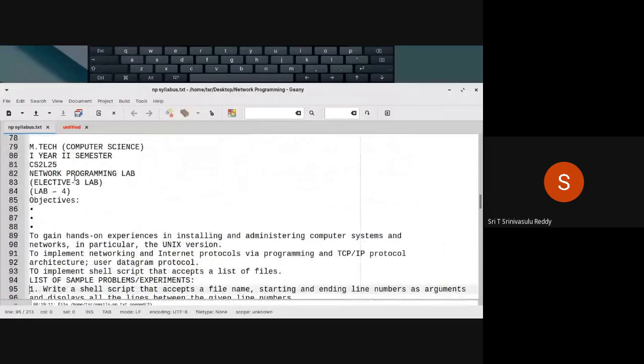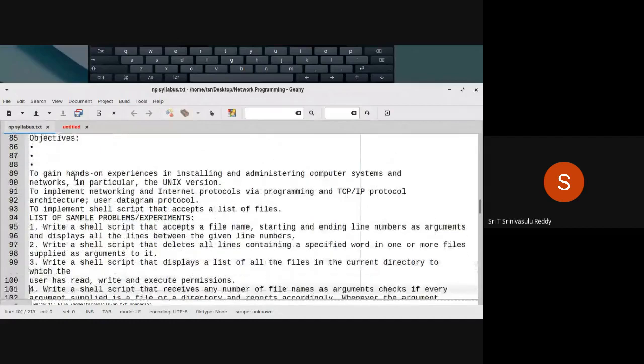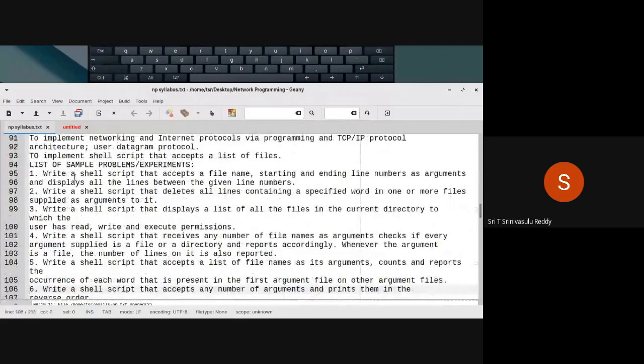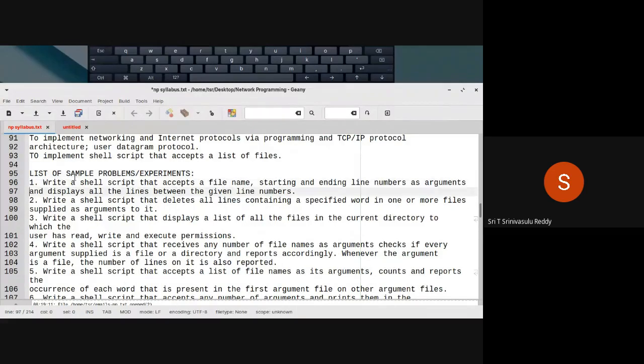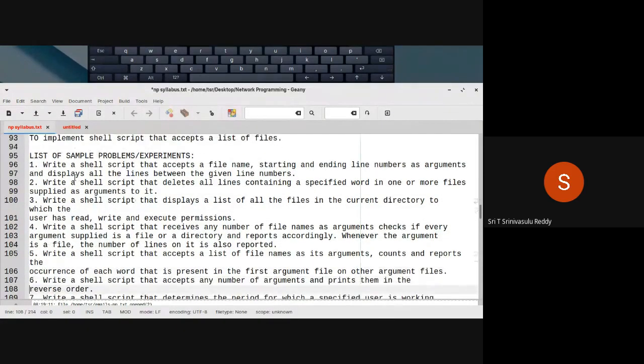For the lab course also, the syllabus is mentioned here. Essentially, whatever we cover in the theory part, you need to practice and gain knowledge along that direction. There is a list of sample programs or experiments, the knowledge that you may have to gain.